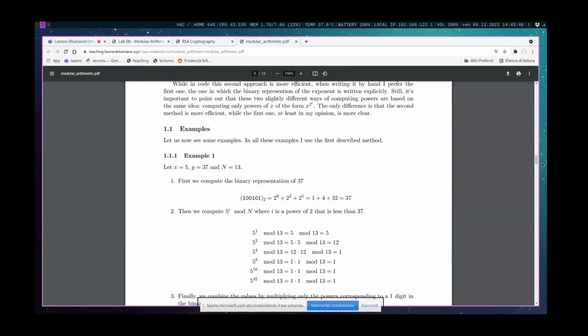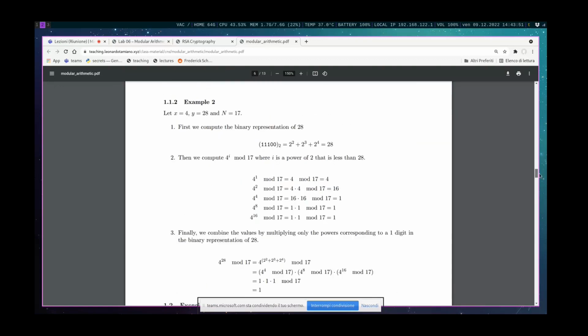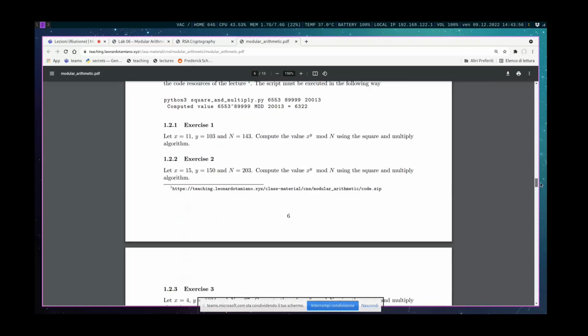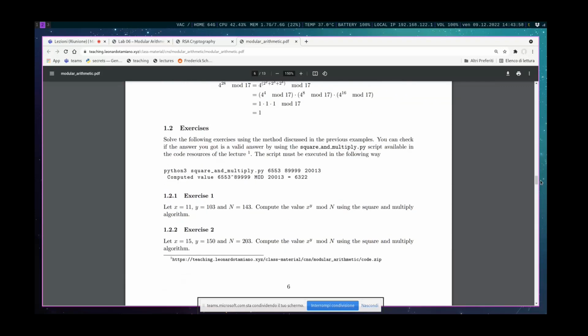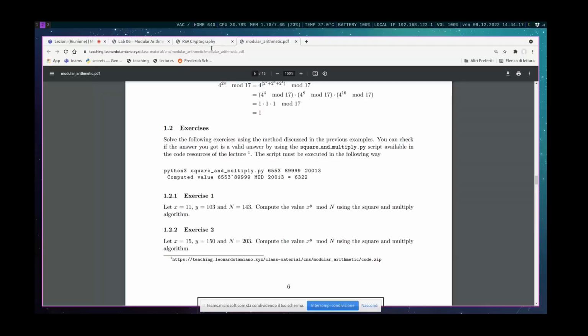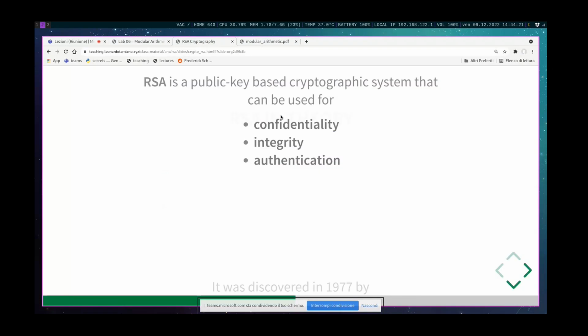The second algorithm, so this is the first, and here I've shown some examples, and you can also see some exercises. You can simply repeat the same thing. As I said, in the midterm there will be smaller numbers, so it's going to be really fast. You just need to have understood the algorithm. The second algorithm that we'll see instead has to do with modular inverses, and I think it's a little bit more annoying. Because the idea is that in RSA,